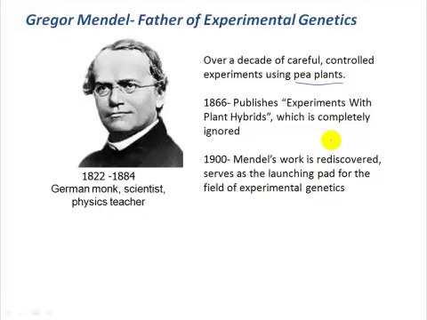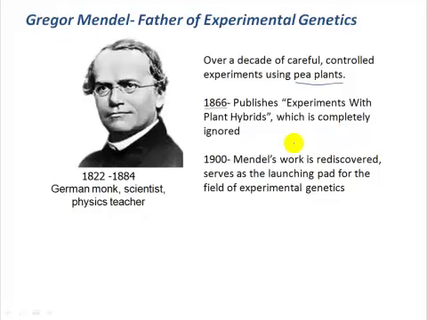And number two, it's very easy to control the mating or breeding of individual pea plants with one another. Although pea plants can self-fertilize, if you remove the male gamete producing organs from the flower before they mature, then it's very easy to control who's pollinating who. You just go out with a paintbrush in the garden and pick pollen from the plant that you want to serve as the male parent contributing the pollen, and brush that onto the female plant, which has the eggs, and so in that way you can very easily control who's breeding with whom.